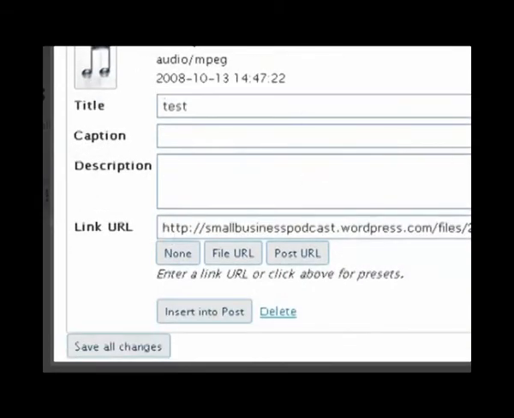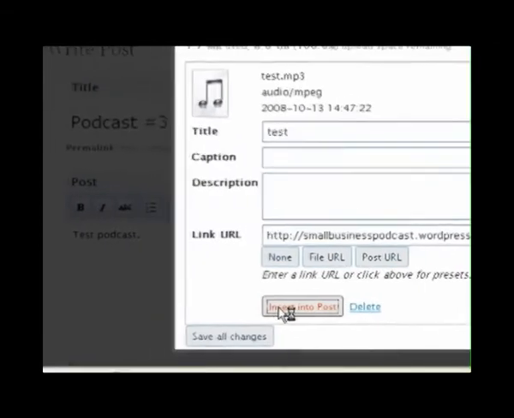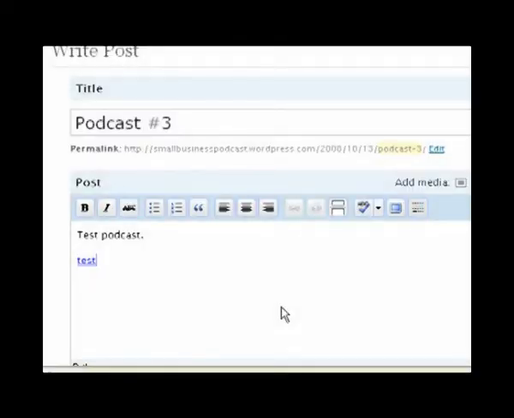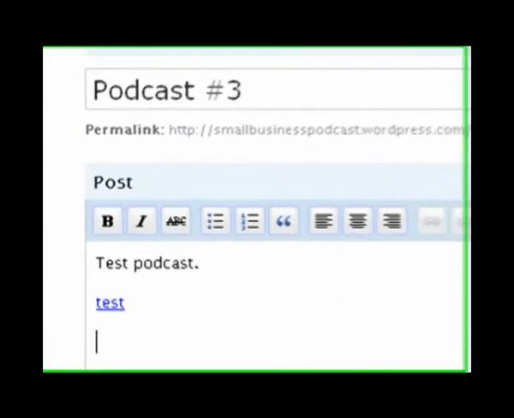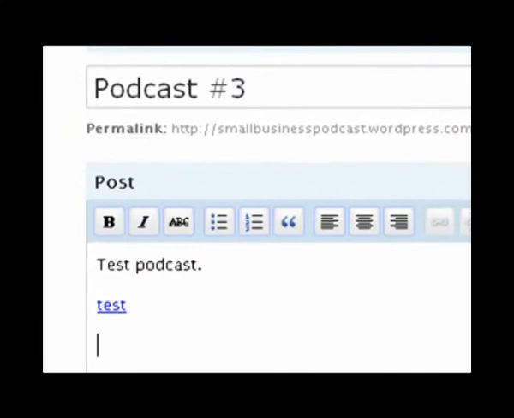This is what it looks like when it's uploaded. And you can just simply put insert into post. Or, if you want to be really clever and make use of WordPress.com's automatic podcast player, which is very, very cool. This is for the upgraded version. As I said, you need to upgrade. It's something like $15 a year, or maybe $20 a year. Upgrade your space so you've got some room to put audio files with WordPress.com. So in effect, it's not absolutely free. It's $20 a year, but it's as good as